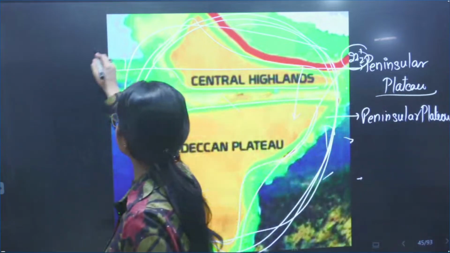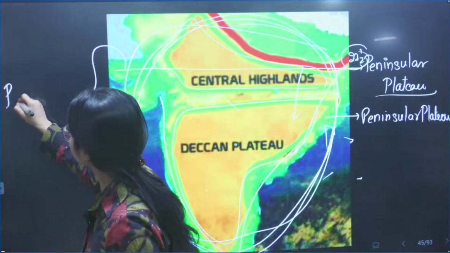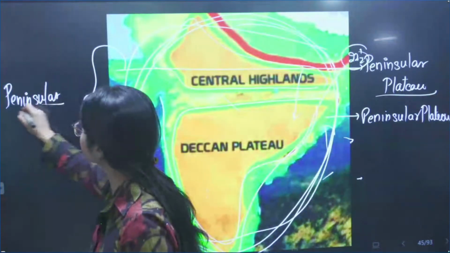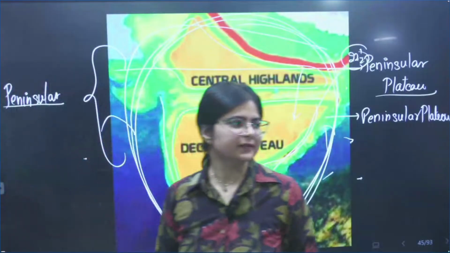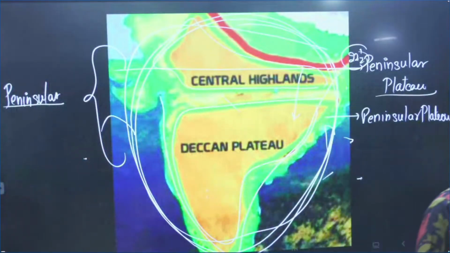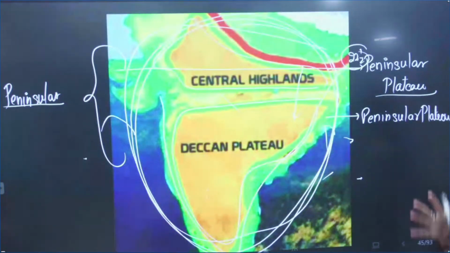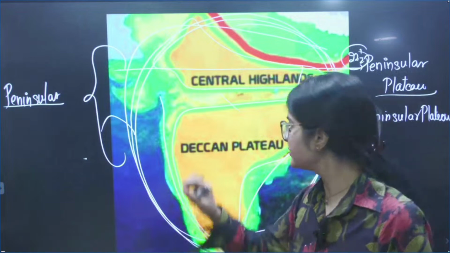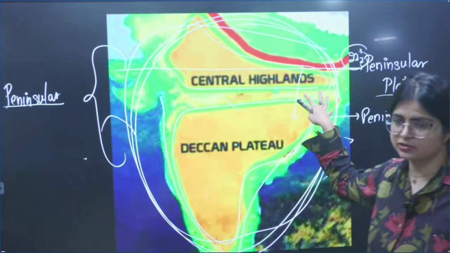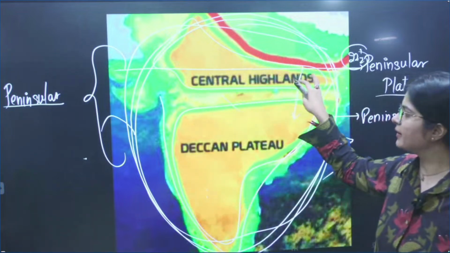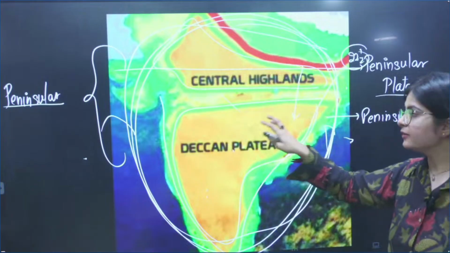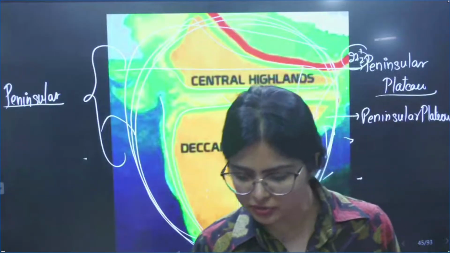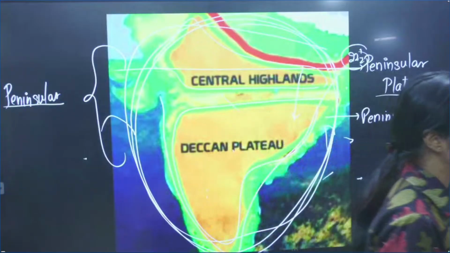Combine them and you can please write it, Peninsular Plateau. Today only in one of my classes, where I was taking another lecture where I have not taught geography, they were asking, ma'am, what is Peninsular Plateau, what is this? So see, you will be having this confusion because Central Highlands is also divided into many parts, and when Central Highlands is divided into many parts and Deccan Plateau is divided, then if you do not revise the things, definitely you will have a problem with this. Okay, so clear it here itself, what is the difference.